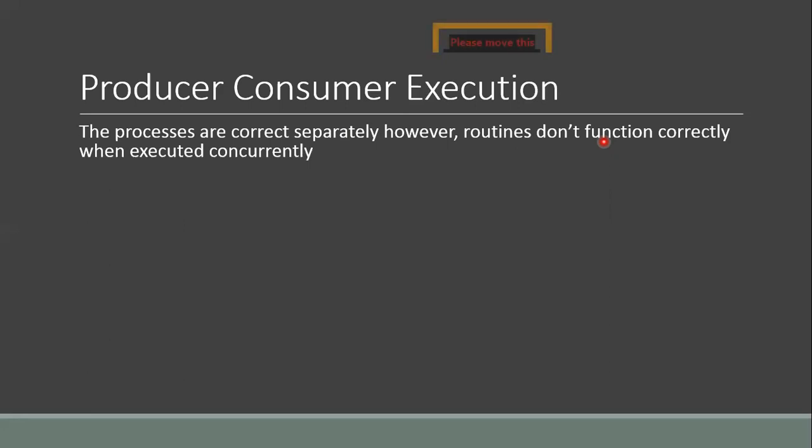And again, when the consumer process has partially executed, we give the control back to the producer process. In other words, we are switching the CPU between the producer process and the consumer process. So they are executing concurrently. So when these processes are executing concurrently, there is no guarantee that the result of their execution will be correct.